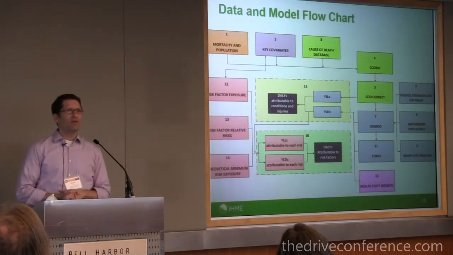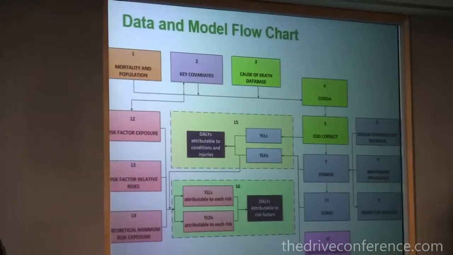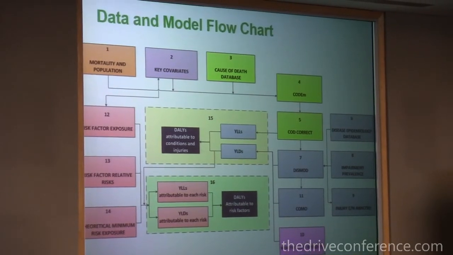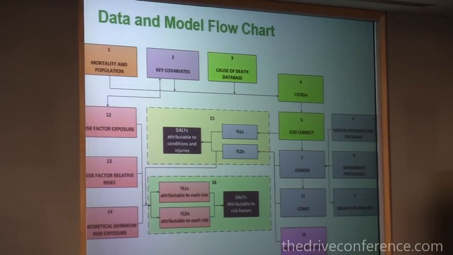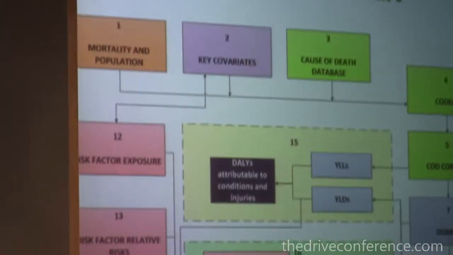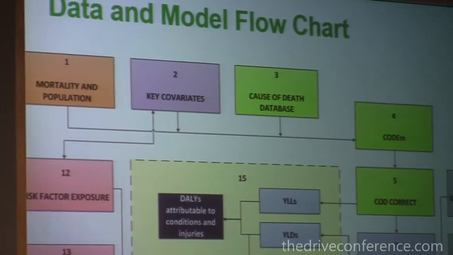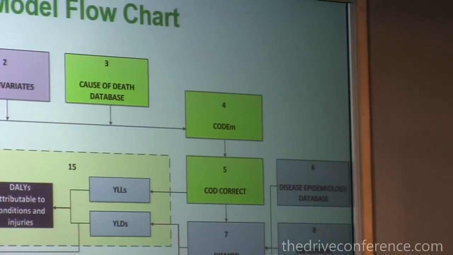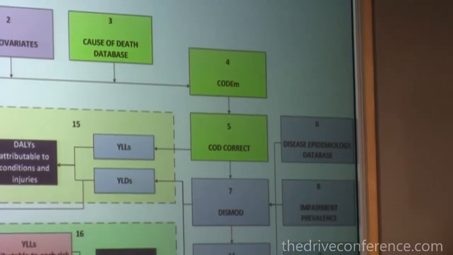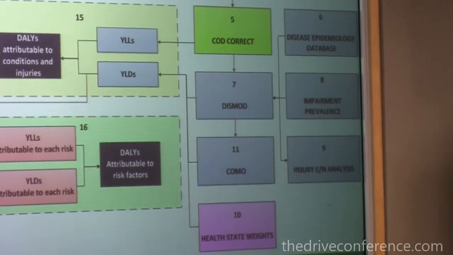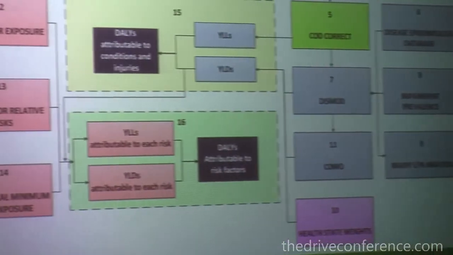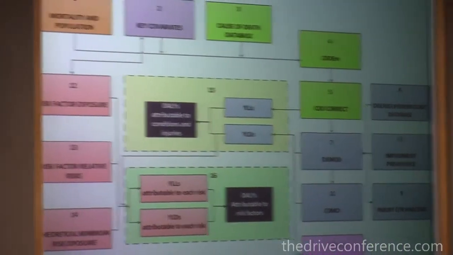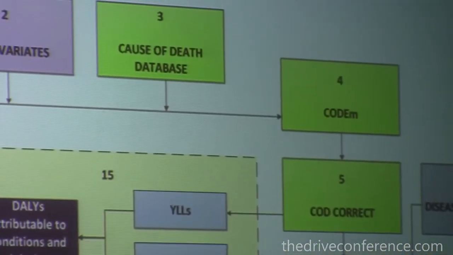So now that we have all the data and we have them cataloged, here's a little overview, very schematic and much simplified compared to what's actually happening, of the components of GBD. I'm not going to go through every box, but they're numbered from 1 to 16 and go through each of the steps from mortality to causes of death to disease modeling to risk factors and the results. A couple that I want to point out, though, is CODEM at the top corner, and I wanted to spend a little bit of time on the analytics and methods we're using. Is that of interest? People want to, yeah?